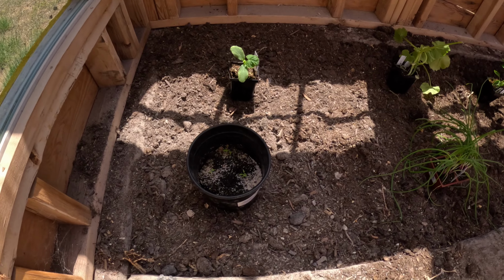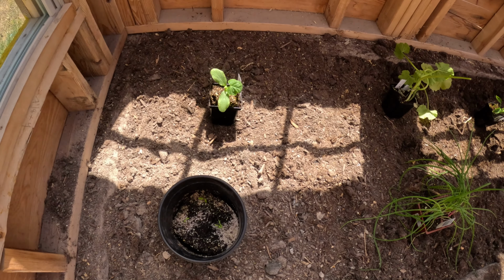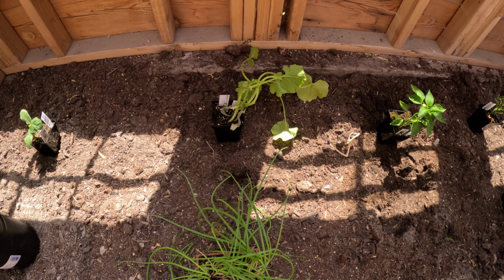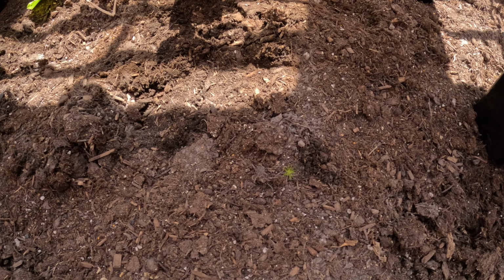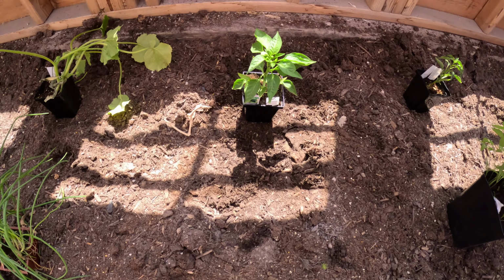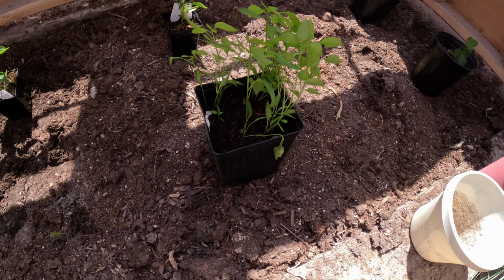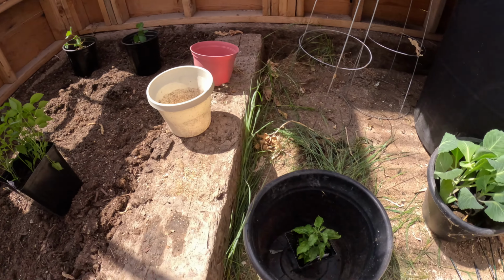So there we go. Here we have jalapenos and cukes, red onions and zucchinis, asparagus. We planted them last year, and there they were, and so here they are. And that's green peppers, poblanos, serranos, and 2 strawberries. And over here we have